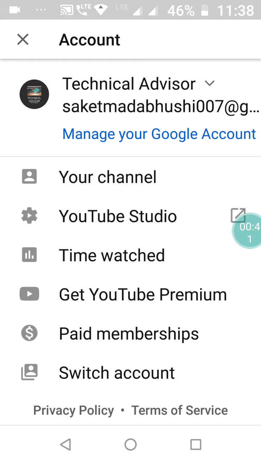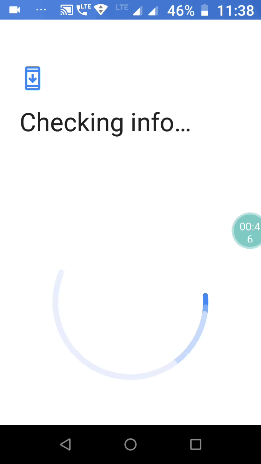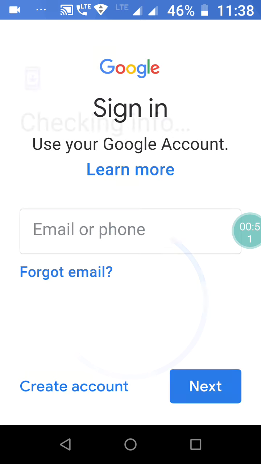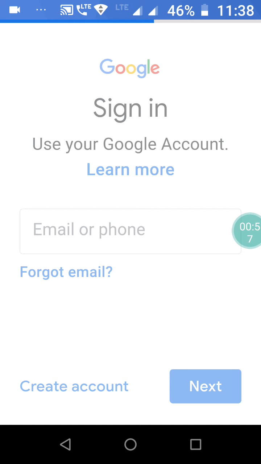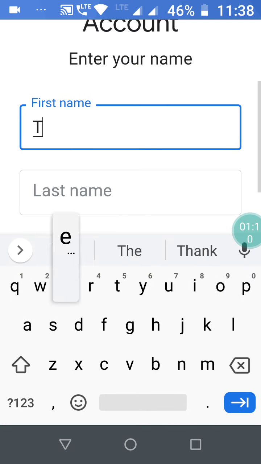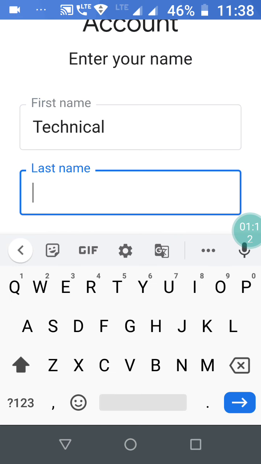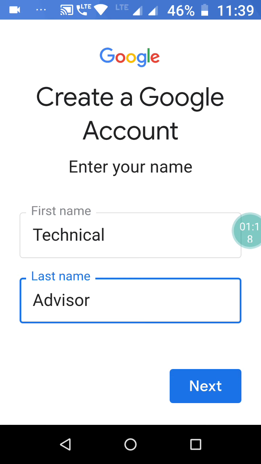So you have to click on plus, then create account for myself. You have to remember, until and unless you have a business of your own or a company of your own, you should always select for myself whenever you create anything, or you should select individual account. So then first name, last name, it will ask all your personal details,